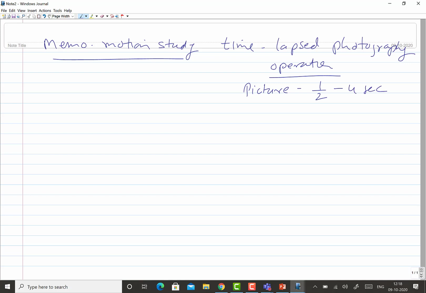So after every 4 seconds, or after every half second, or after every 1 second, the pictures of the shop floor or of the study area will be captured, and when those are seen in a continuous manner, it gives us the general movement pattern of the shop floor.